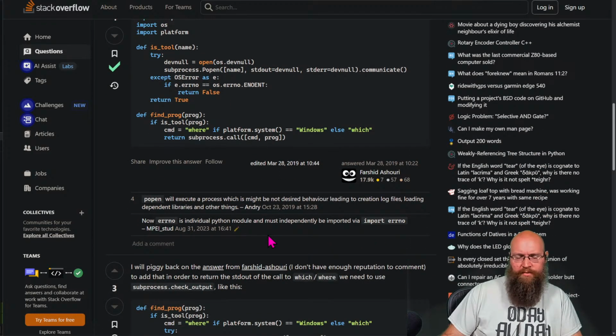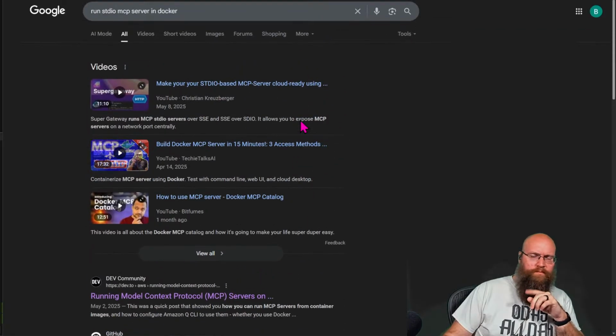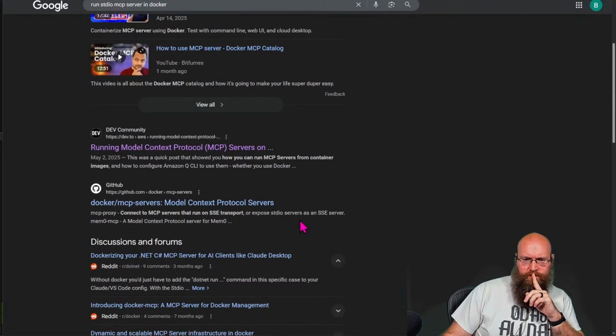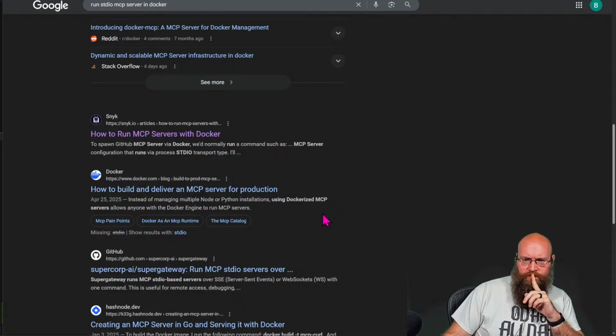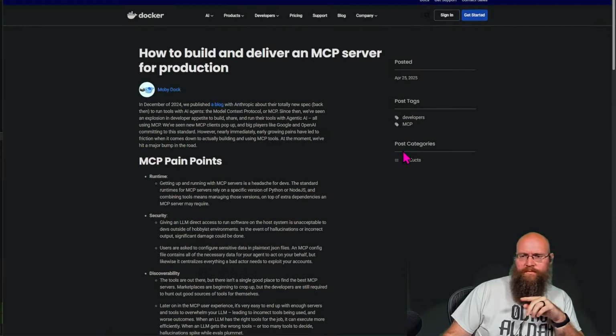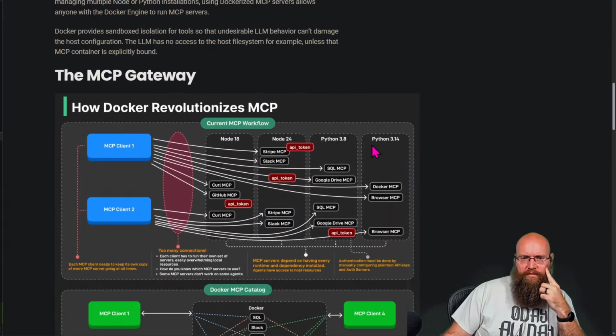That's another example. Got any bright ideas for me there, Docker guys?